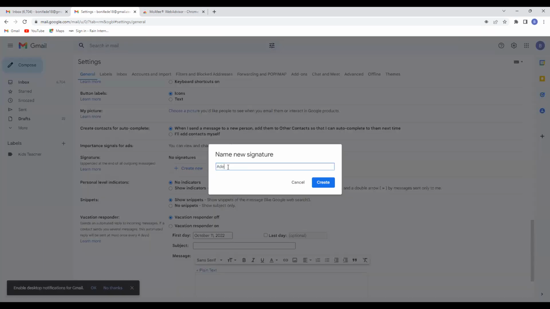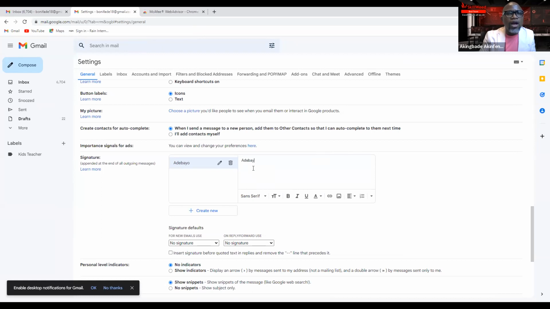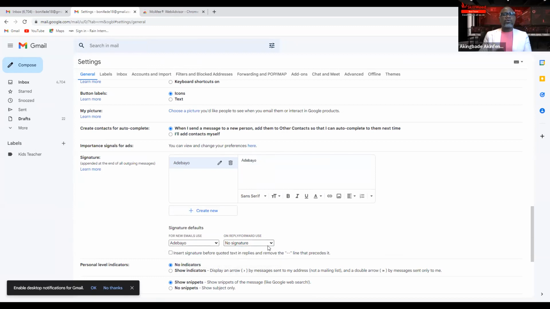Okay, I put Adebayo as the signature. Create. Then I come to this place. That's the same signature that I want to use. I have to put it here again. Adebayo. Then I follow every other process that we did. I think it was only this one that we did not do. This one. Got it. That was the only one that we